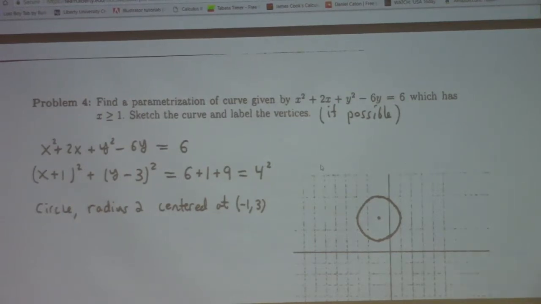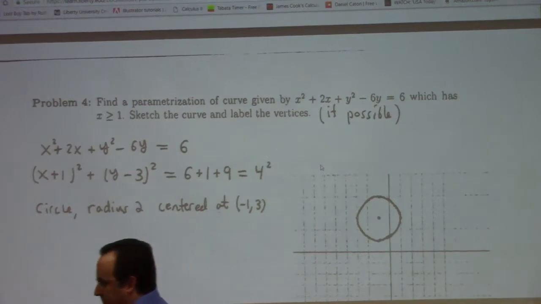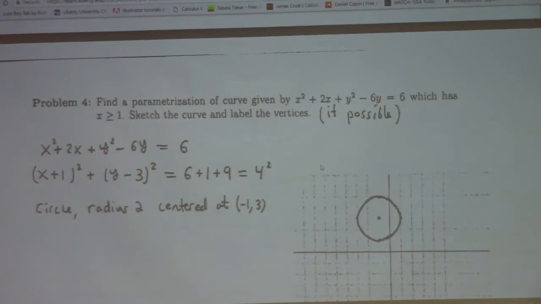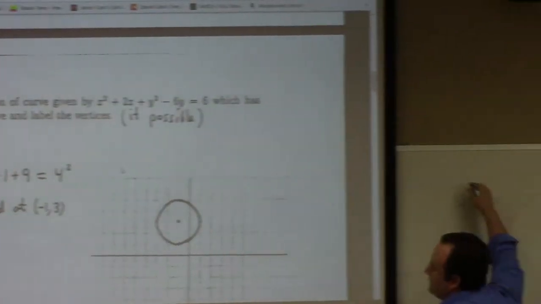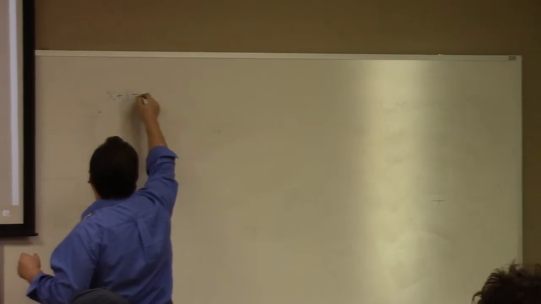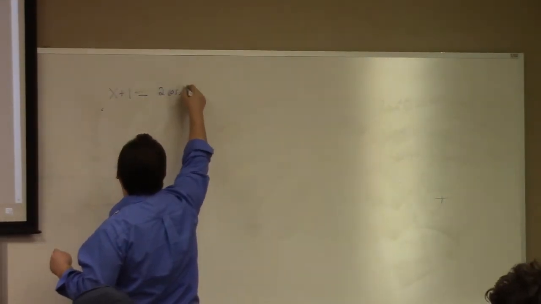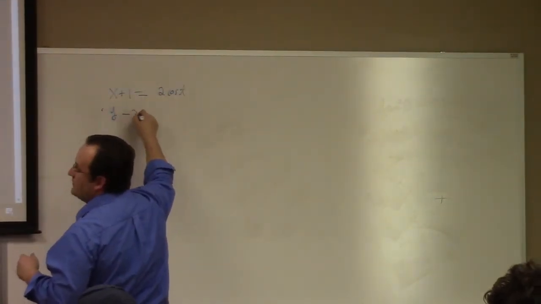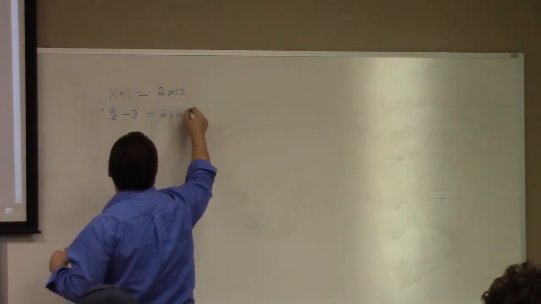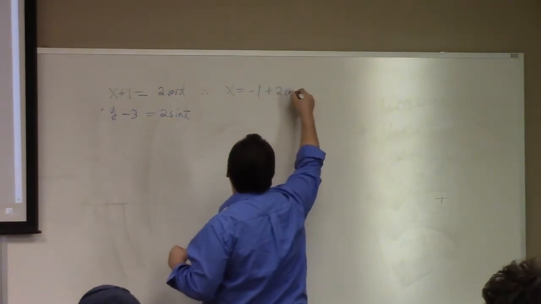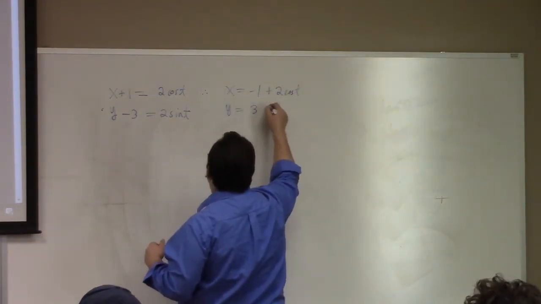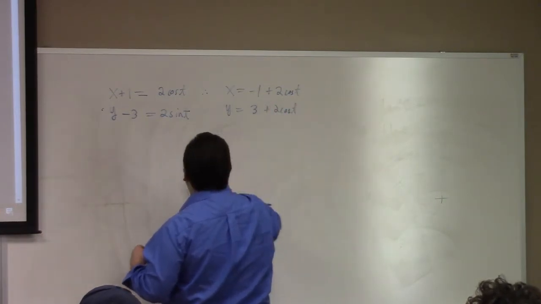Okay, yes. Could you just quickly explain how you parameterize that? Yes. Parameterization here, standard thing. I would put x plus 1 equal to 2 cosine t, and I would put y minus 3 equal to 2 sine t. So x would be minus 1 plus 2 cosine t. Y would be 3 plus 2 sine t, right? And then,